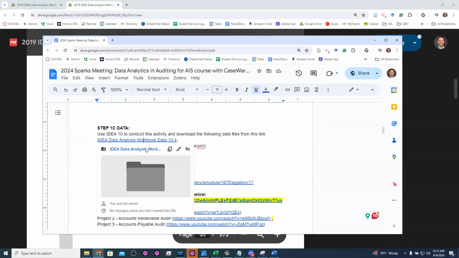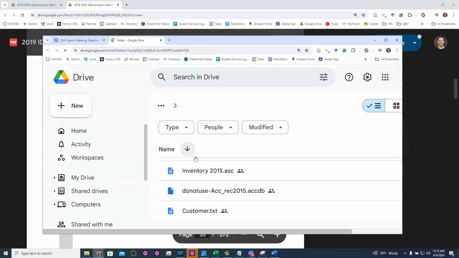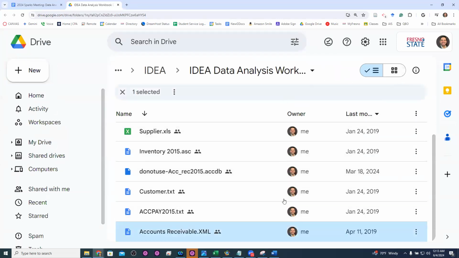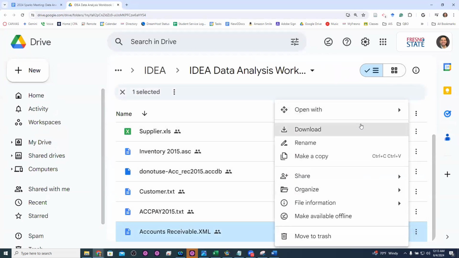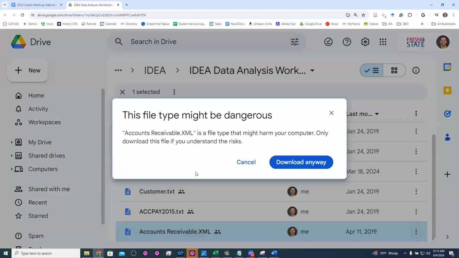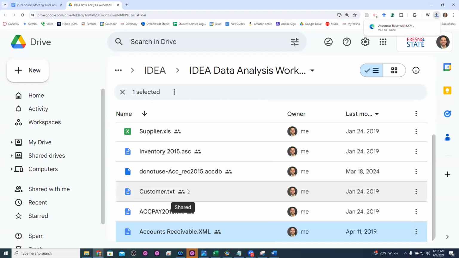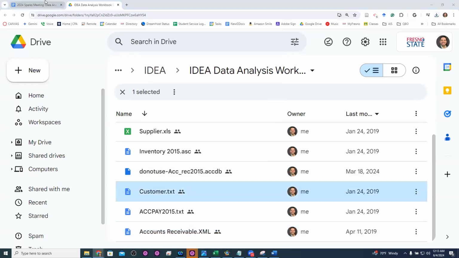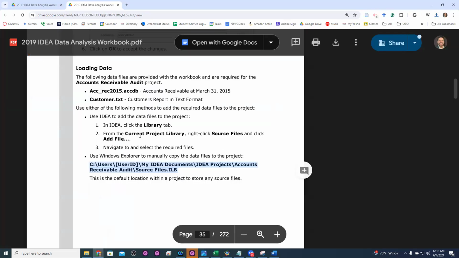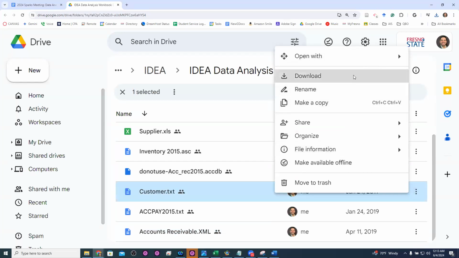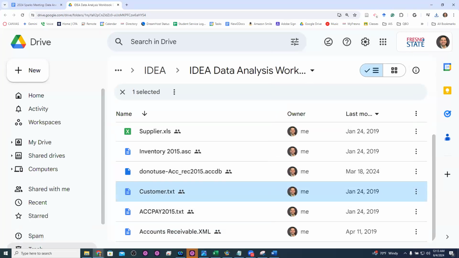So make sure you come in here and download all of these files. For this AR, all we need is our accounts receivable XML file. So I'm going to go ahead and download it, and I'm also going to download our customer text file. Let's make sure that that's what it says on the assignment real quick. We do need the customer text file. So I'm going to go in there and download it as well. So now that I have those